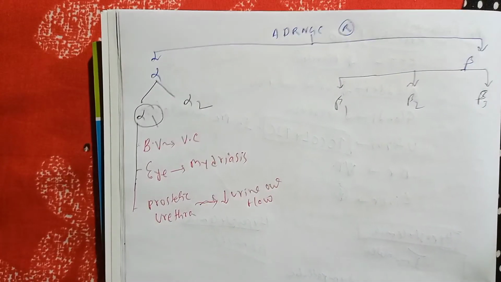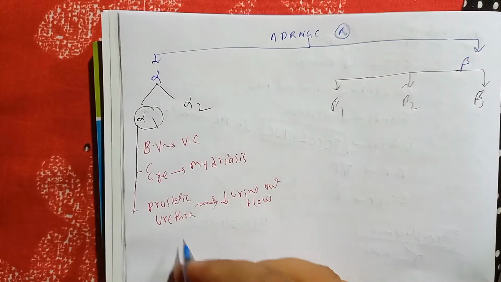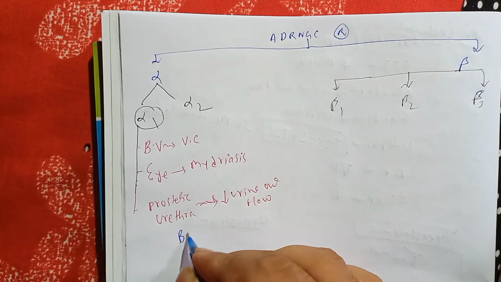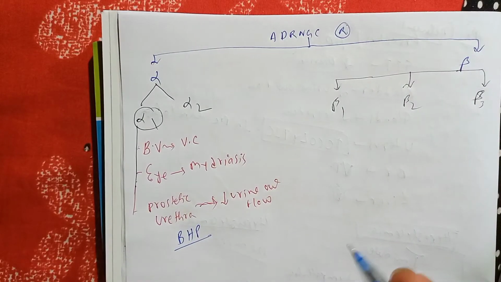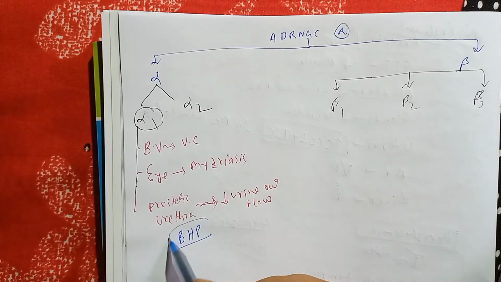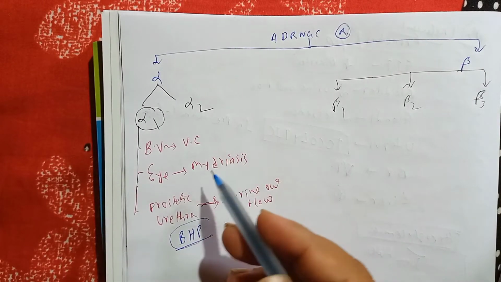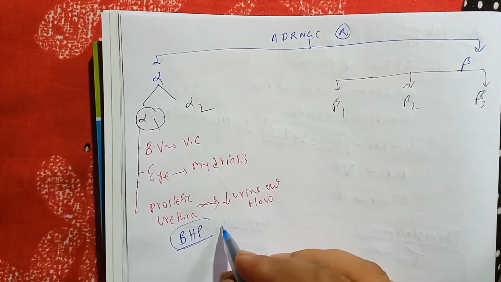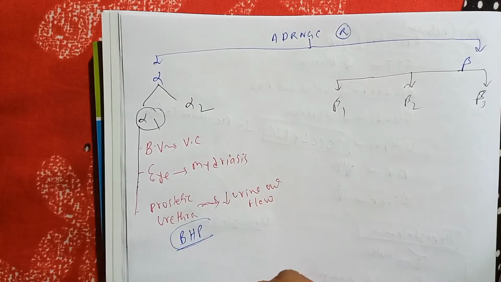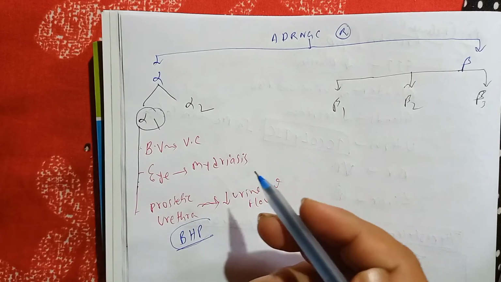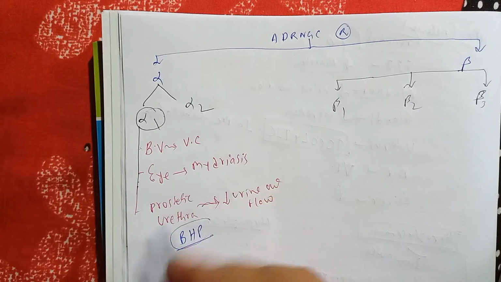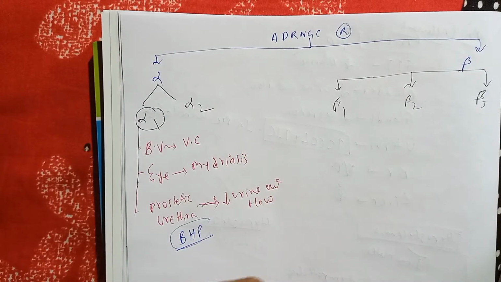Now there is a disorder known as BPH, benign prostatic hyperplasia. In this condition, the patient has the problem of less urine outflow. If we use drugs that stimulate alpha 1, then ultimately the condition will get worse, right? So we are not supposed to use alpha 1 stimulator drugs in case of BPH. We will use another type of drug, the alpha 1 blockers. We'll talk about those in separate videos subsequently.